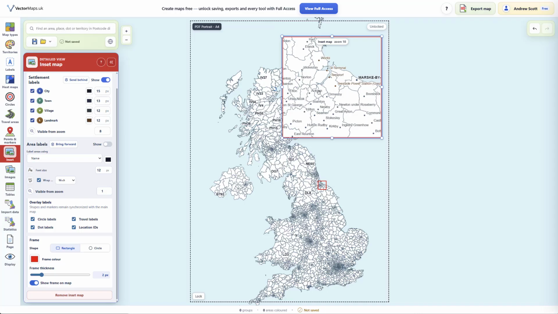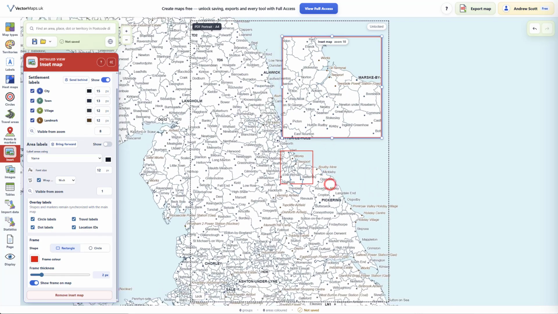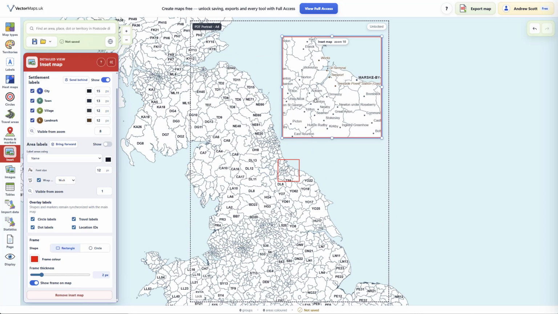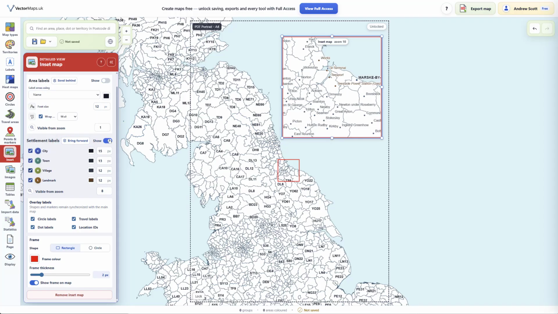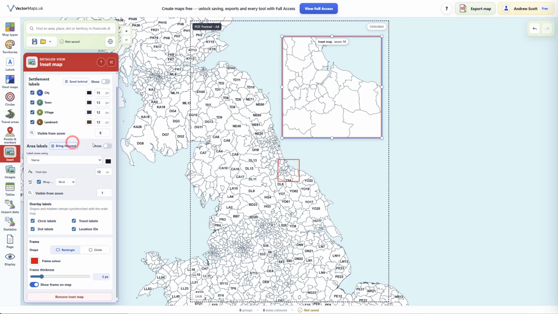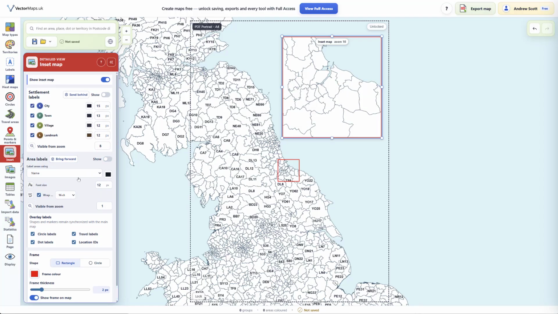as the labels. As you can see on here, we can see just a few labels because the map's so far zoomed out. We can see a few more there, and on here we can see lots of town and settlement labels but no postcode labels. So if we go down here, we've got area labels here. We can bring those to the front like so, and we can turn off our settlement labels. So settlement labels are off, area labels are on,